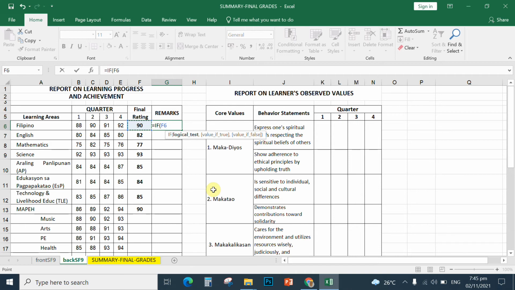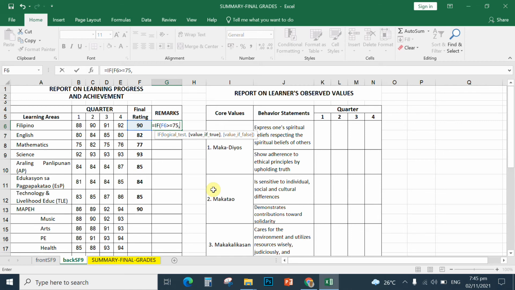For instance, if F6 is greater than or equal to 75, then the syntax is you need to put a comma after the logical test. That is your condition: if F6 is greater than, meaning higher than, 75 or equal,